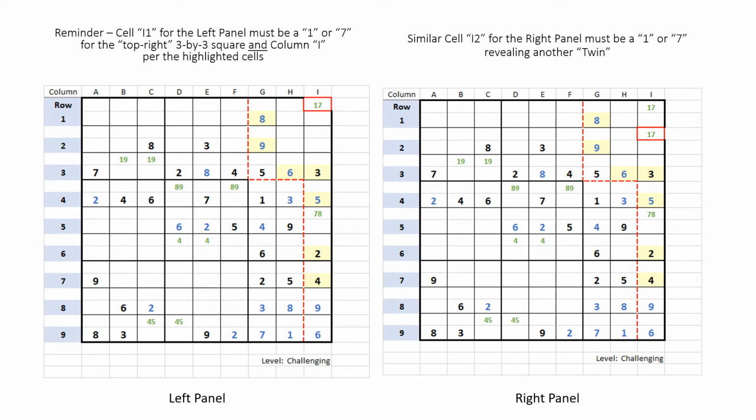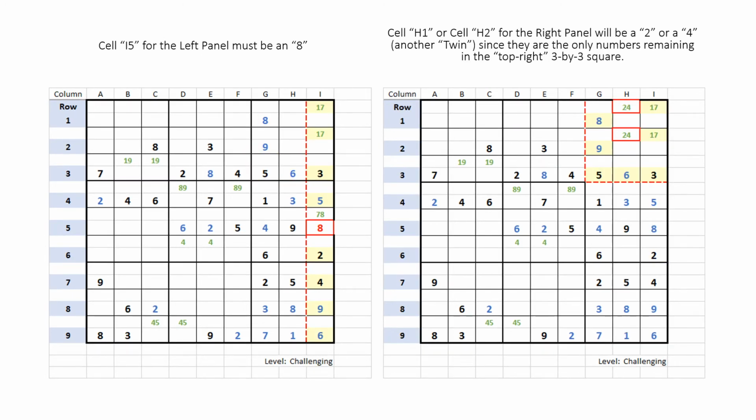Reminder, cell I1 for the left panel must be a 1 or 7 for the top right 3x3 square and column I for the highlighted cells. Similar, I2 for the right panel must be a 1 or 7, revealing another twin. Cell I5 for the left panel must be an 8. Cell H1 and cell H2 for the right panel will be a 2 or a 4, another twin, since they